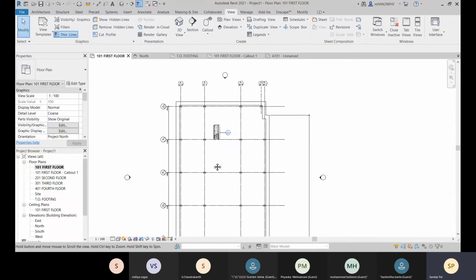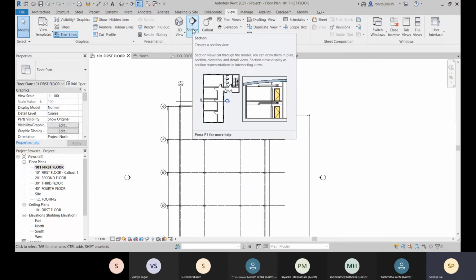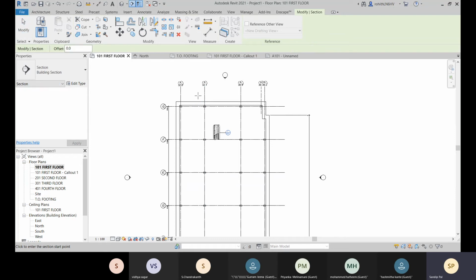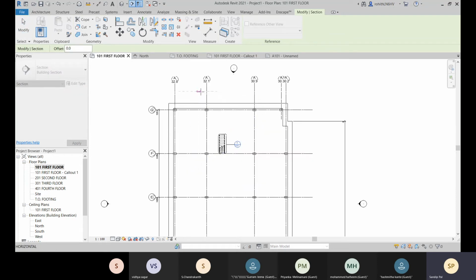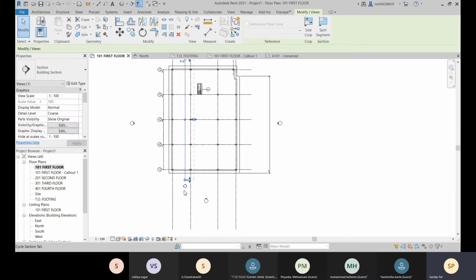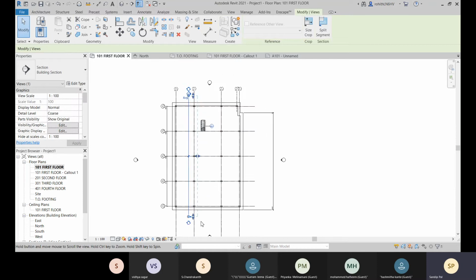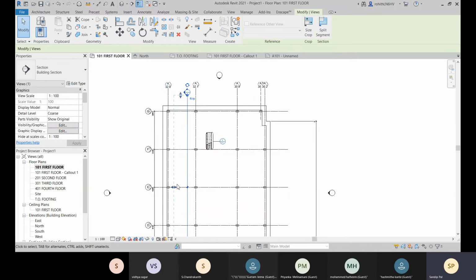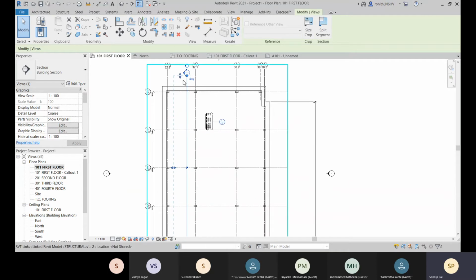All right, and now let's go for this section. We will create one section view. So let's place this one. You can change the directions also. So let's place it now. From the first option you will have the direction, and after that you have placed it. And then you can also go for this rotate. Now let's just flip it now. So now you have seen this, this is changed.